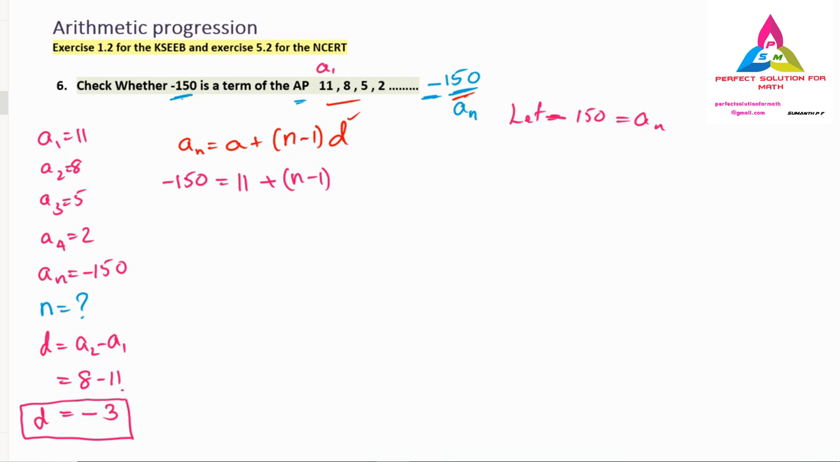So here we have to shift the thing. We can't shift this minus 3 first because it is a multiplication. So 11 we have to shift: minus 150 minus 11 is equal to n minus 1 into the d value, which is nothing but minus 3. Minus 150 minus 11, both are negative symbols, so negative only. When both are negative, we add the numbers, that is nothing but 161, that is equal to,